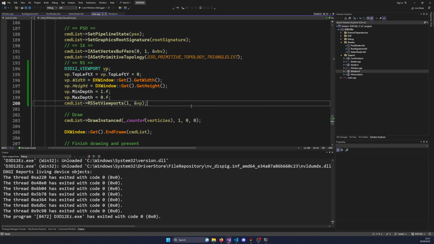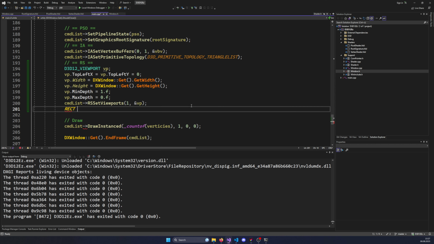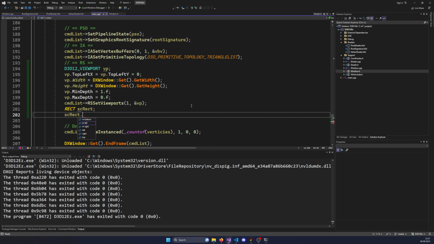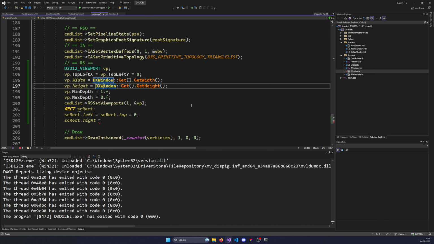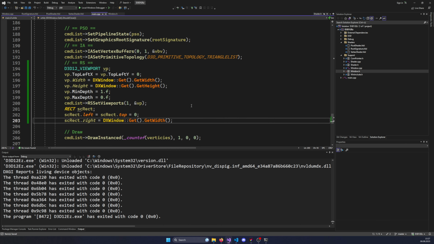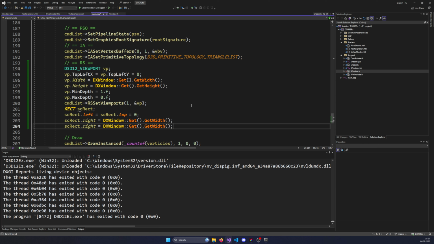How can we fix that? We need to set our own custom scissor rectangle. And that's why people hate DirectX 12 and they love DirectX 11. So, a RECT for our scissor rectangle, and I'm going to specify left equals top equals 0. So the top left is still specified. However, now I'm going to specify right to the width of my window, which is basically already spanning the scissor rectangle from the top left to the top right of our screen. And if I now specify bottom to the height,